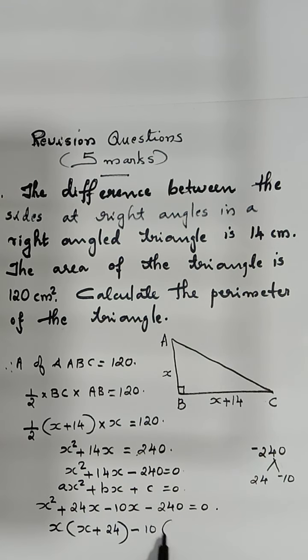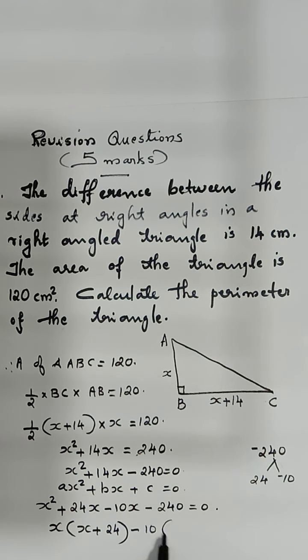We know what is perimeter of the triangle. It is the sum of all these three sides. Okay, let us do that. So use Pythagoras theorem now. We have AC square is equal to AB square plus BC square. Substitute the values: 10 square plus 24 square. 10 square is 100 plus 24 square.